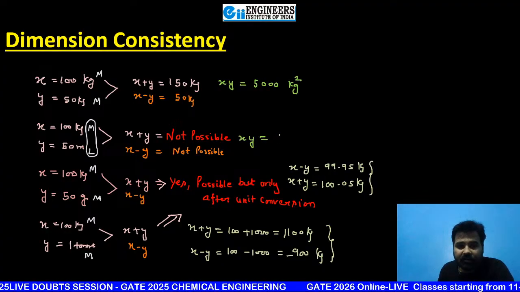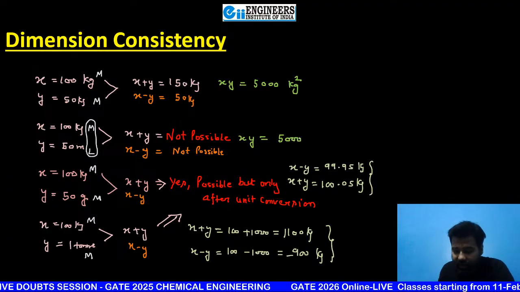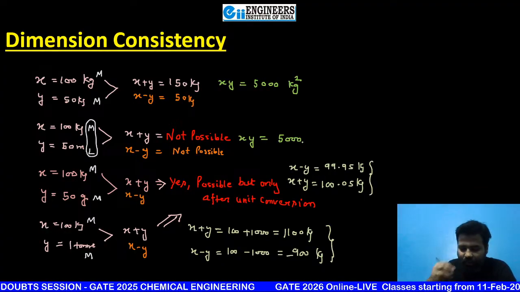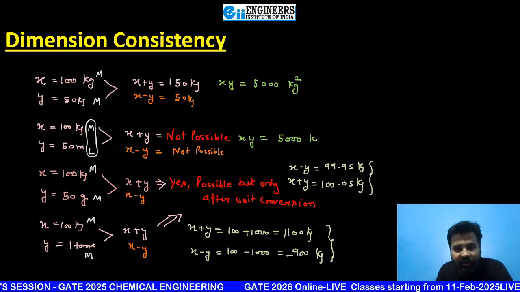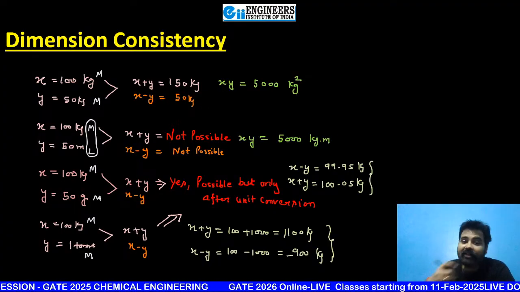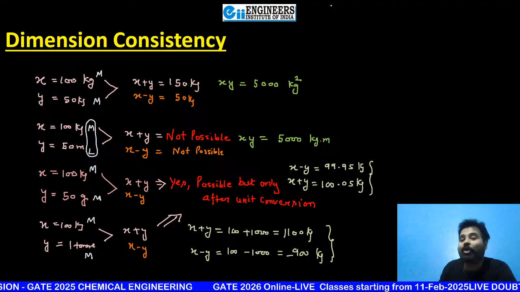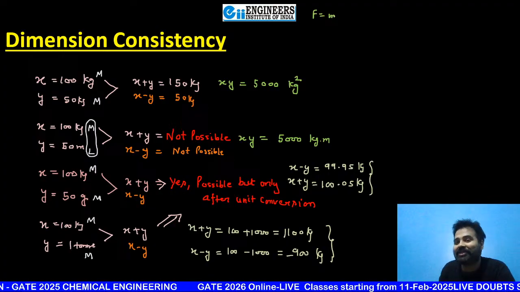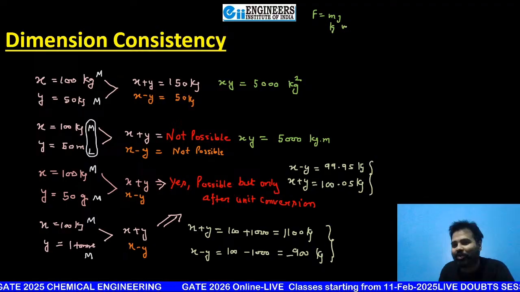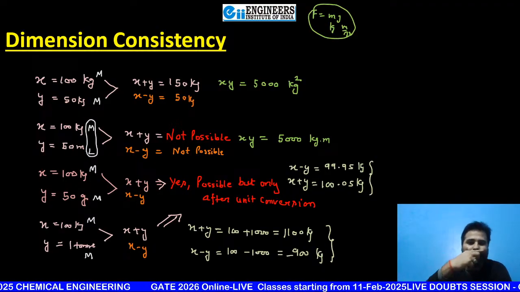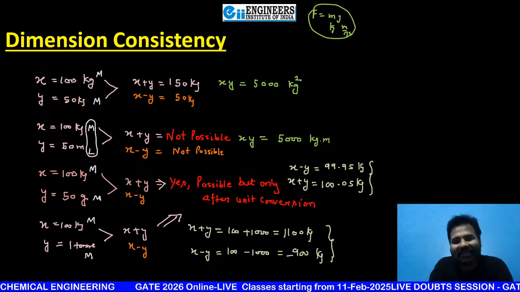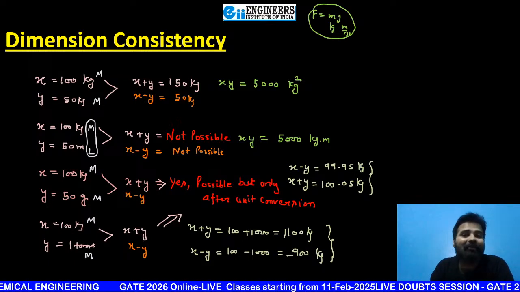It is not possible, my dear students. Syan Mukherjee is correct. Nishit Modi is correct, beta. Master Gaming, see, my dear student, here you have to write kilogram meter. If this is not correct, beta, then how are you going to write F is equal to mg, and you are multiplying kilogram to meter per second square? If you are telling not possible, in multiplication there is nothing present like not possible.